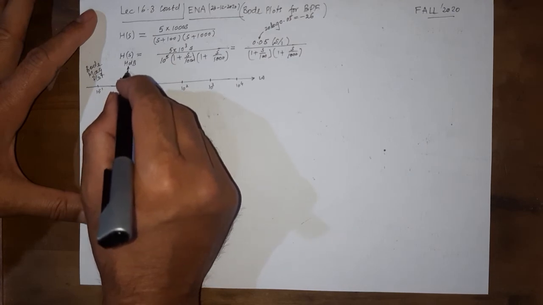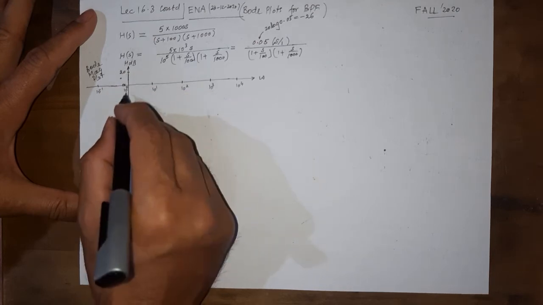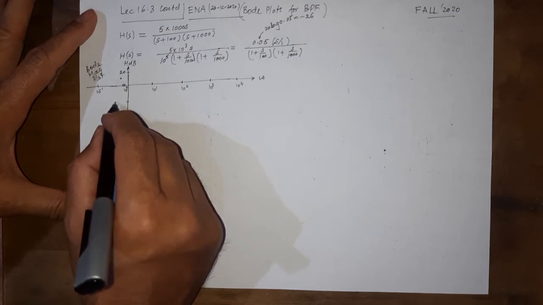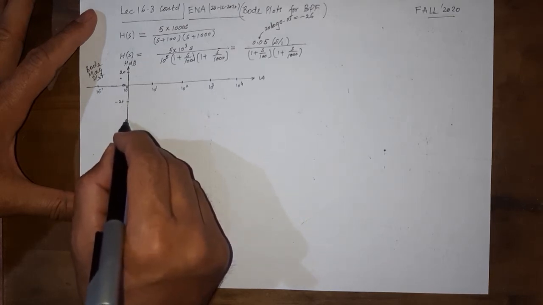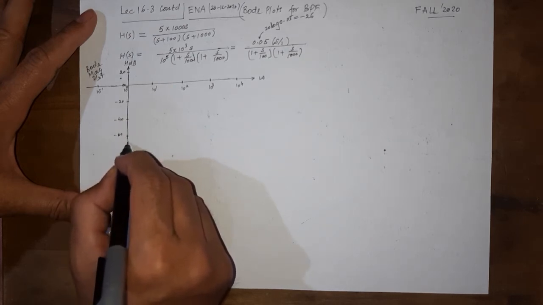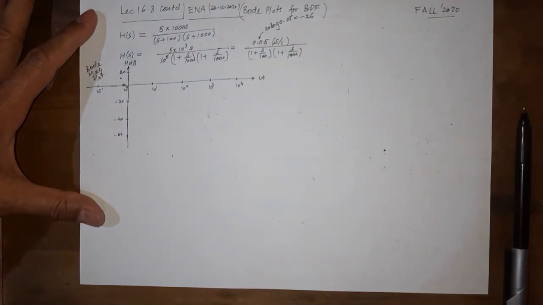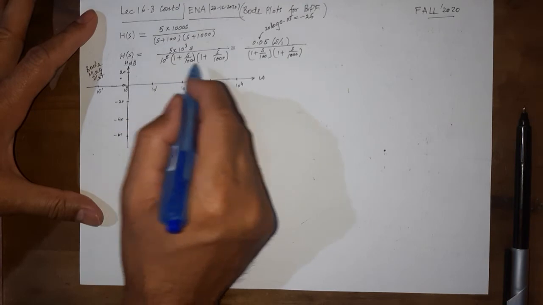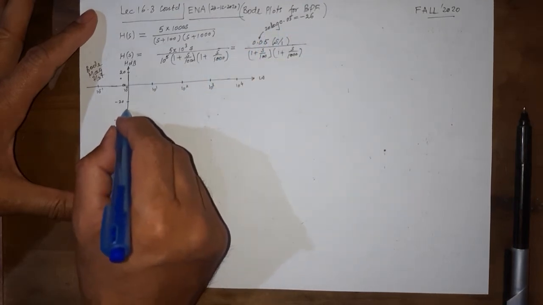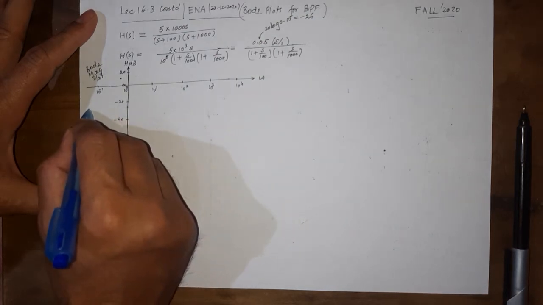So if this is 0 and say this is 20, we may or may not draw. We can take this up if we like. And if this is minus 20 and this is minus 40 and this is minus 60 and so on, then if I change the pen here, bring in the blue one, then we need to draw the minus 26 dB line. So this is 30. Let us say this is 26. So we have a constant.